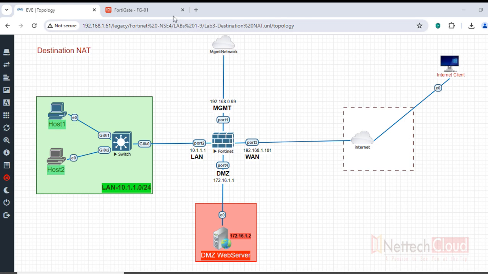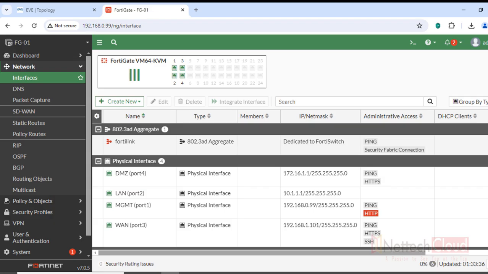So for the NAT configuration, destination NAT, let me quickly show you the configuration of the FortiGate firewall. What configuration does the FortiGate firewall have? The FortiGate firewall has all the interfaces properly configured, the DMZ interface with IP address configured, the LAN port with IP address configured, the management port, of course,